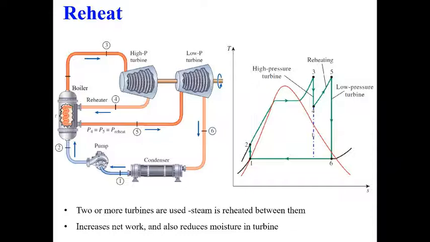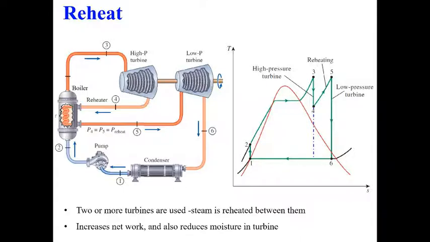The blue dotted line that you see shows the actual cycle without reheat. Now, instead of going down like this, we are reheating it, and this goes to the low pressure turbine. This amounts to increasing this much area, so this increases your work done and improves your efficiency. Generally 2 or 3 turbines are used for reheating. More than that is not practically beneficial.